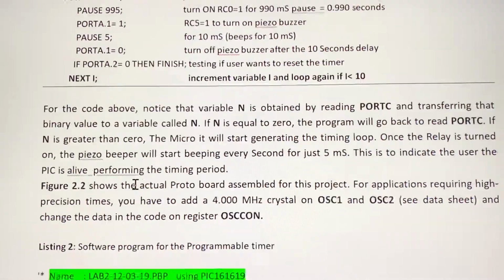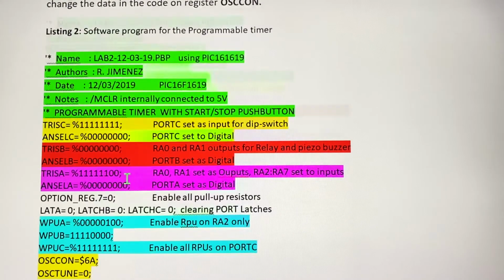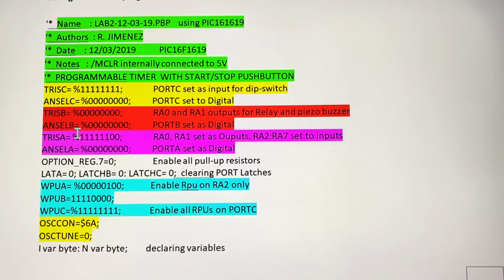Okay, so the code starts here, and I'm coloring this in different ways. This is just the introduction. Today's date is different, and master clear goes to 5 volts. This is a programmable timer using this PIC, and in this yellow, highlighted instructions,